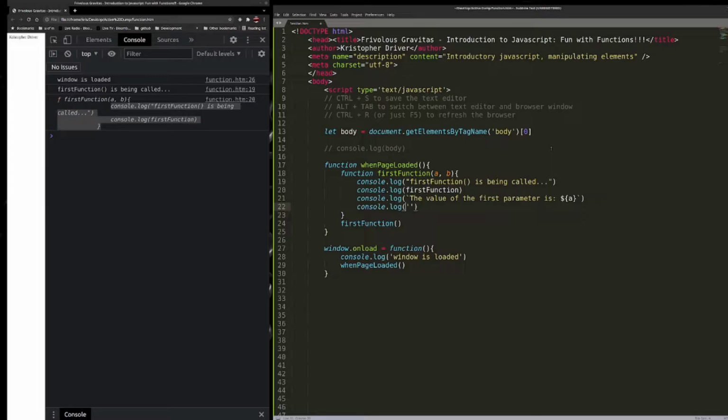I'll make another equivalent way, and this is just the regular apostrophe. Maybe to make it clear I'll use the double quotes. So the value of the second parameter is,